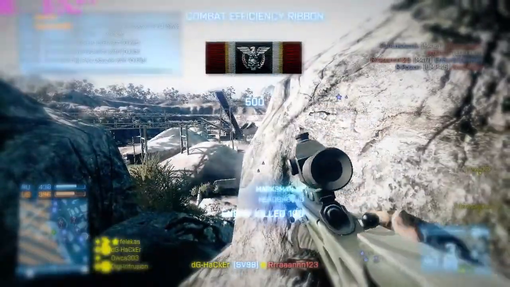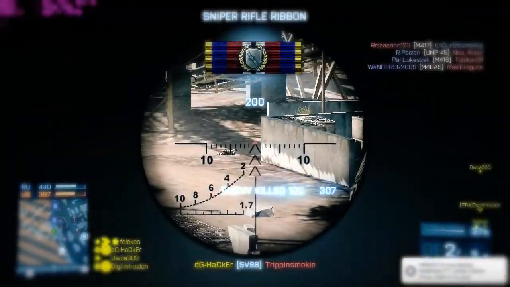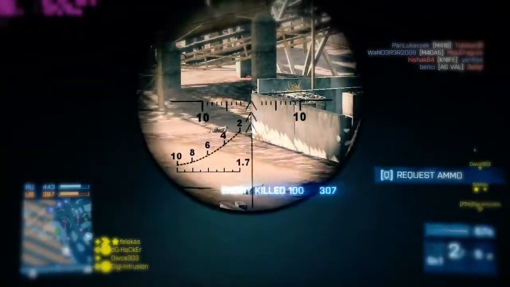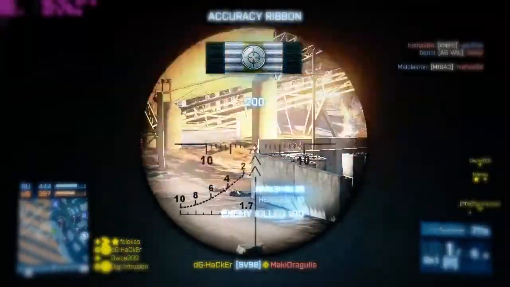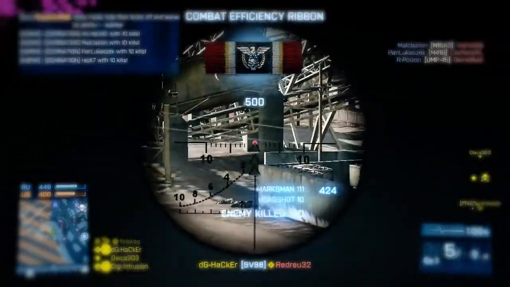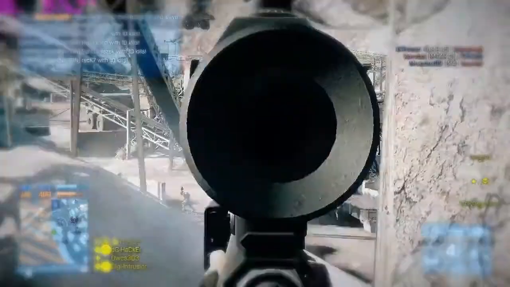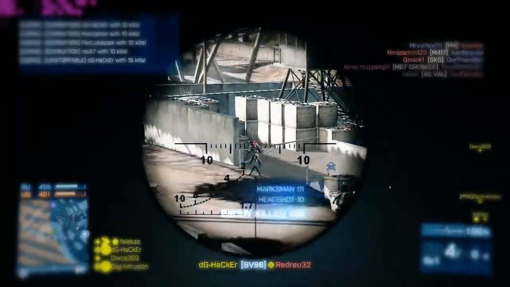For the specs, it has got a 10 round mag and a max of 11 if you already have a bullet in the chamber, so it's 10 plus 1 to be precise, just like the majority of the other bolt action sniper rifles, except of course the M98B. It has a bullet velocity of 520 meters per second, which is slower than the majority of the bolt action snipers in the game. It's the second slowest after the M40A5,